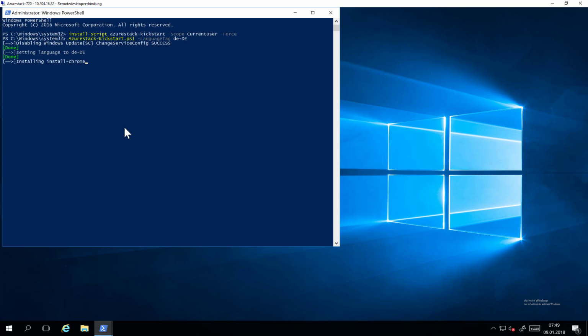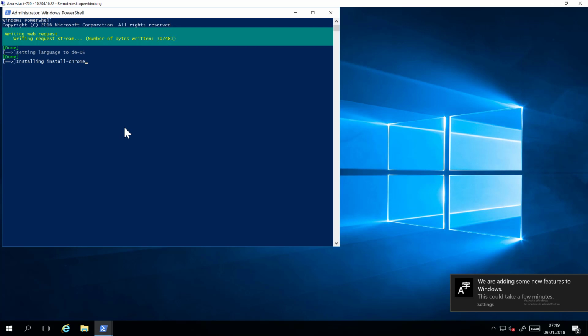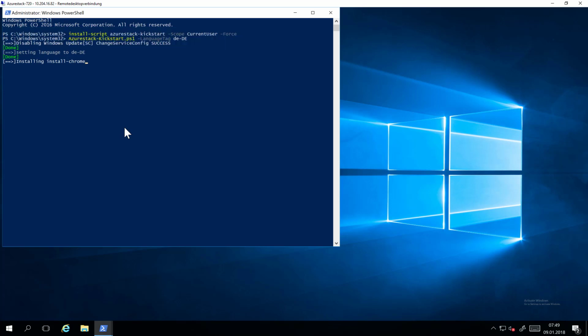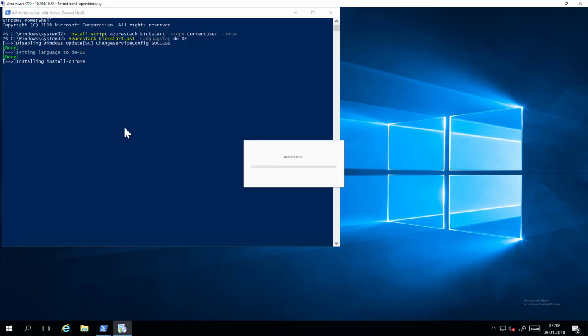So this now is updating some settings on the Azure Stack, like disabling updates, setting the language and keyboard settings to German. It goes out and installs Chrome, as well as Git SCM and of course some other utilities I'm using later on. So the download might take a few moments in this case for Chrome, as I'm connected via a DSL line, which is not the fastest one,